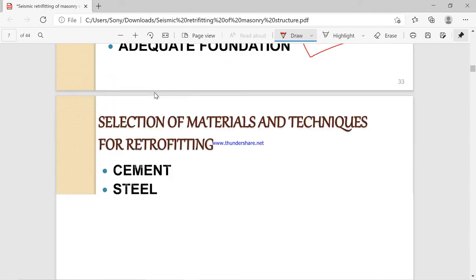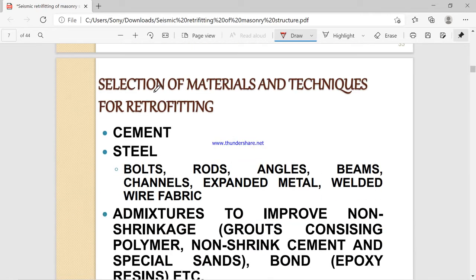Next, the selection of material is very important. For strengthening and for providing bands in masonry structures, we require cement and steel, and the quality of that cement and steel is very important.